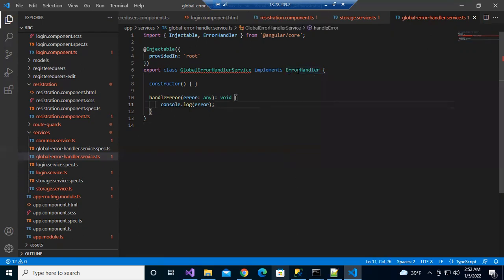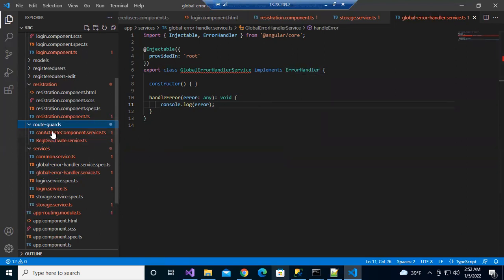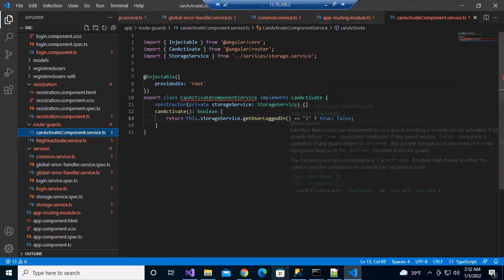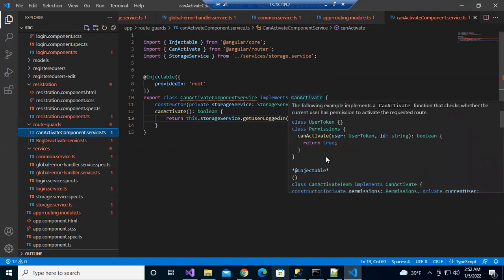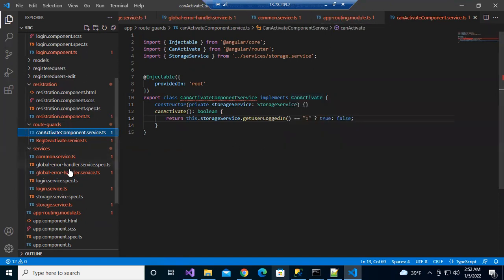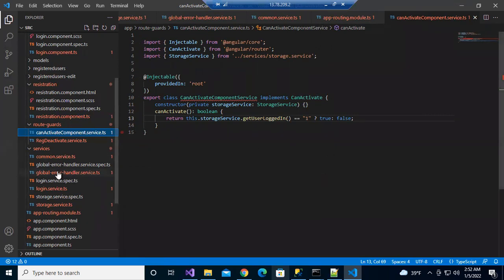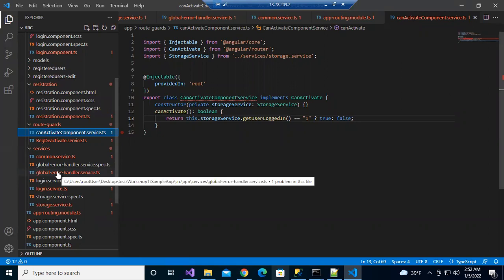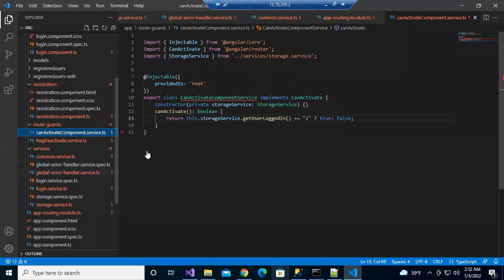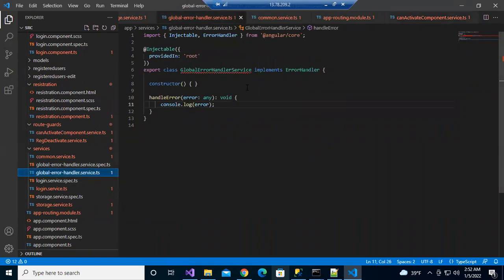Same like if you mention CanActivate, hover over it and it will show which method you need to implement. Based on the developer, the developers who developed Angular may be different, so sometimes they give the names like this: ErrorHandler, handleError.